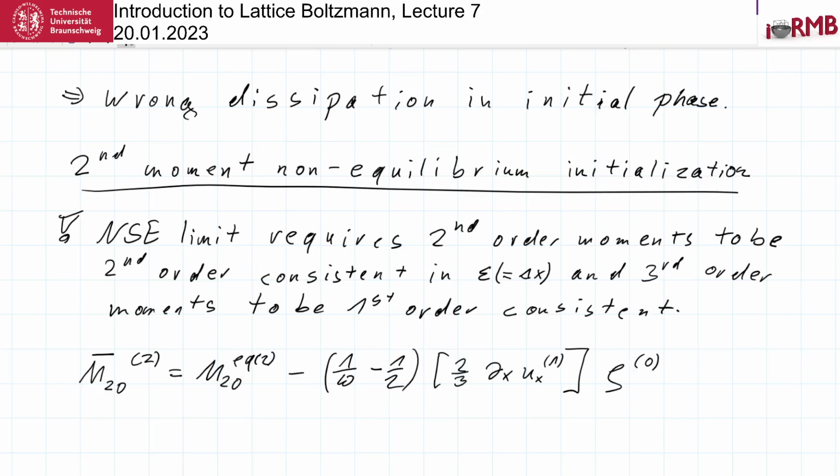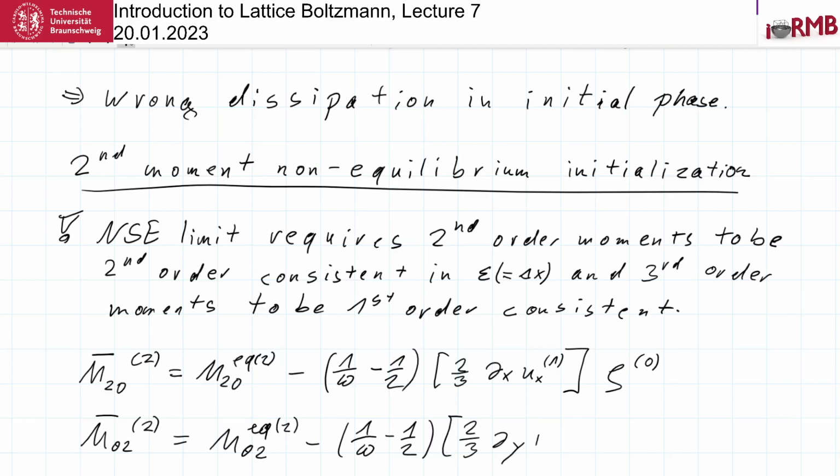And M02 over bar, second order, will be M02 equilibrium to second order minus 1 over omega minus 1/2, 2/3 dy uy to first order